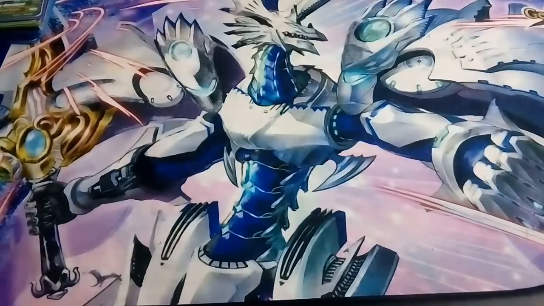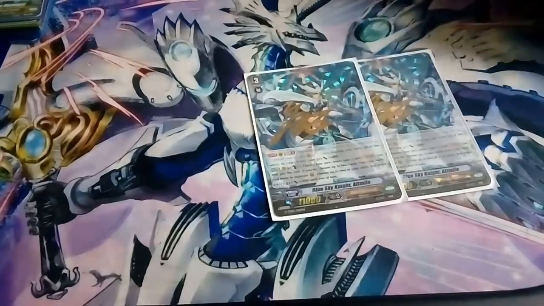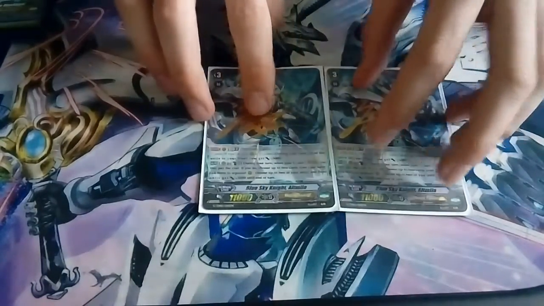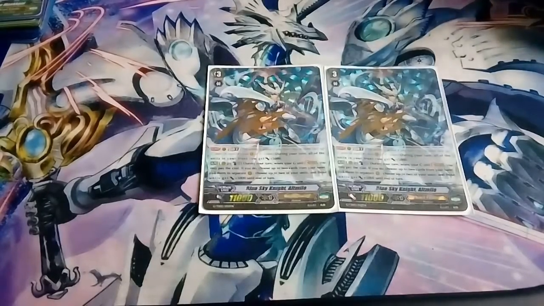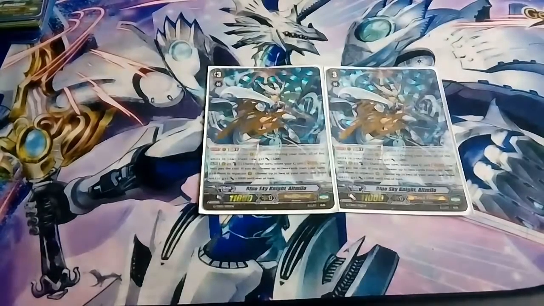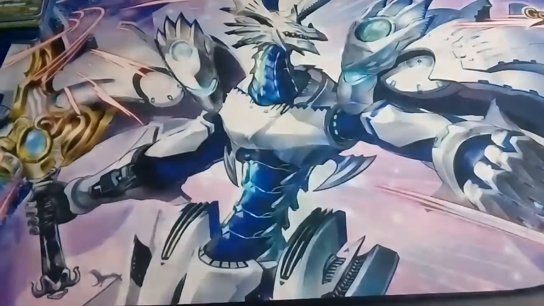Now for the grade 3s, I run 2 Blue Sky Knight Altmile. He's a nice little backup for the deck. He's Generation Break 2, the front row gain +5, and comes 1 during my turn. When I stride, I choose up to 2 units and choose up to 2 cards from my hand and call them, and choose 2 units from my field and give them 5k. Now for the other grade 3s,